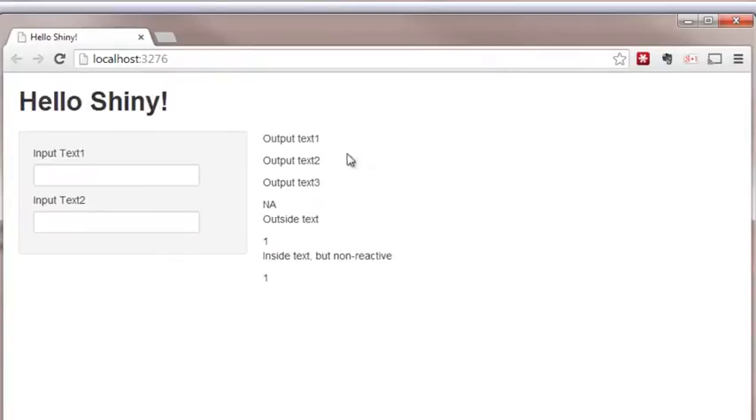Okay, and in output text 1 we haven't input anything, so that value is still null, so when it prints it out it's printing out nothing. Output text 2 we haven't input anything, so that's still null. Output text 3, it's trying to add 1 to a value of null, so that returns an NA. Okay,